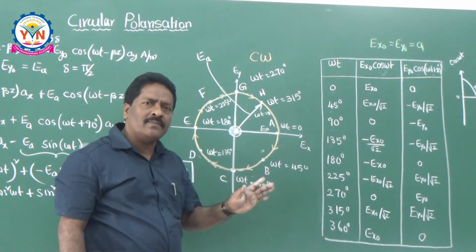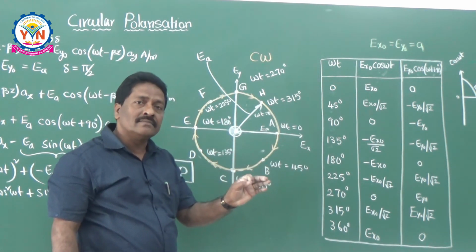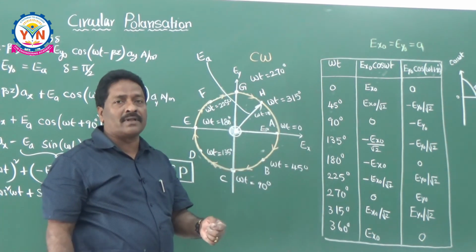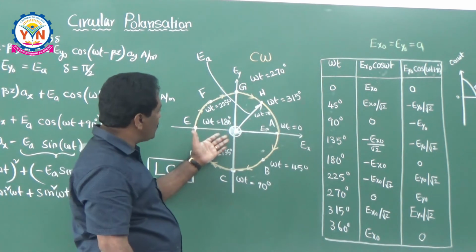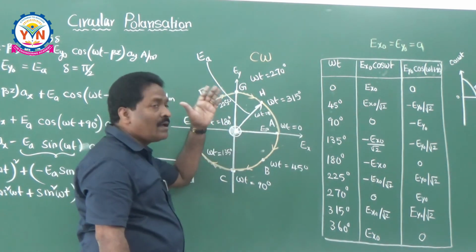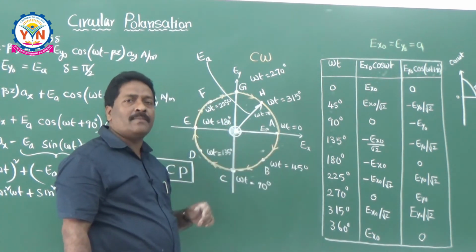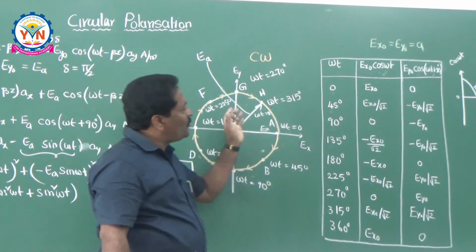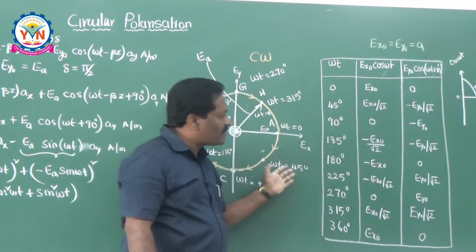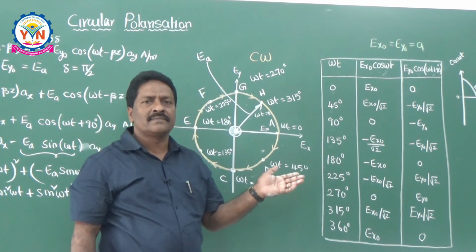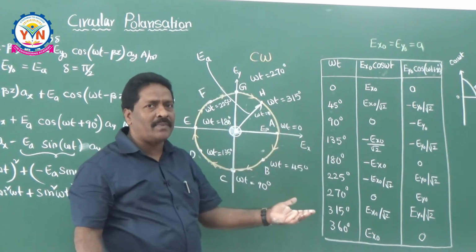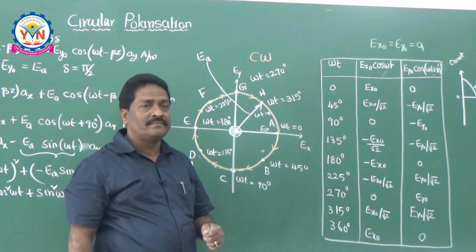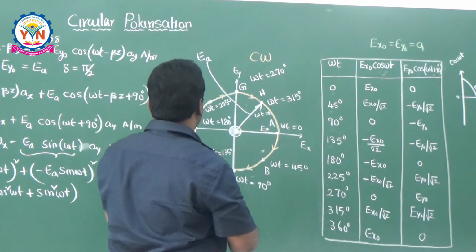Most of the time, the bits will be based on the type of polarization. You have to identify the type of the polarization. If it is circular polarization, you have to say whether it is right circular or left circular. And one more small technique for identifying this. If you want to do this entire laborious work, it takes a lot of time. For your examinations, if the bit is given, then you can happily identify it like this.